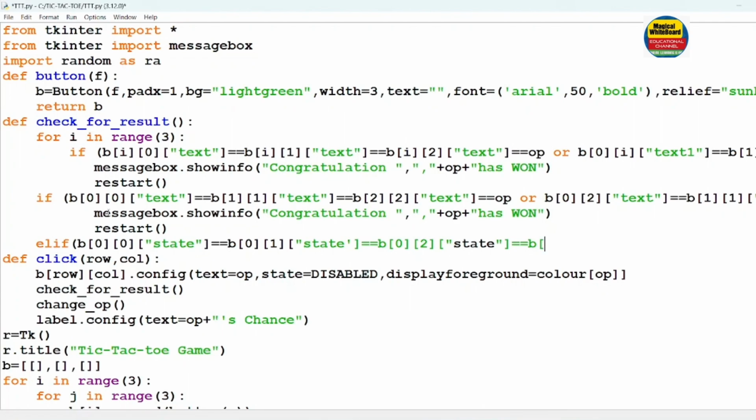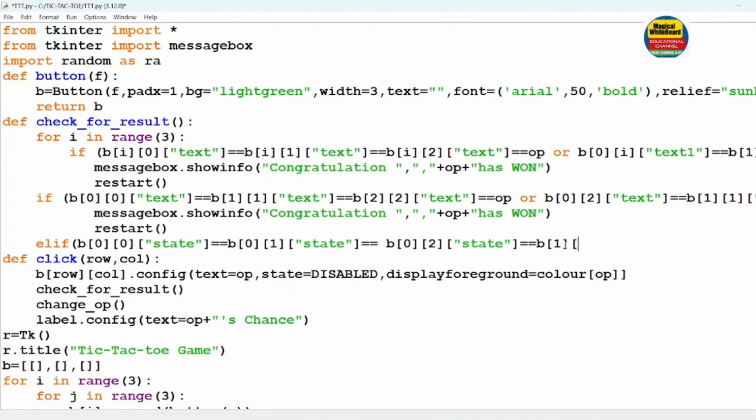First of all, 0 0, 0 1, 0 2 means first row, and B of 0 2 equal to double quote, we need to write this double quote. Yes. Now first 0 0, 0 1, 0 2 is the first row, and we need to check the next row, B of